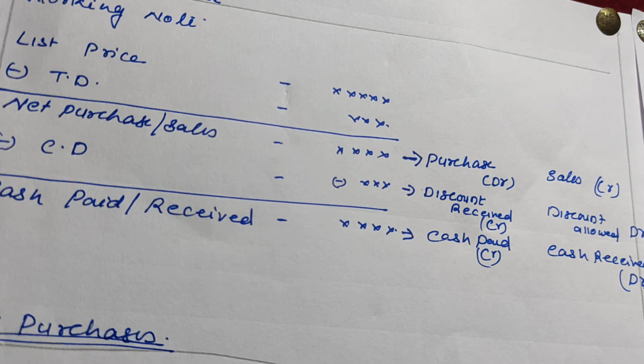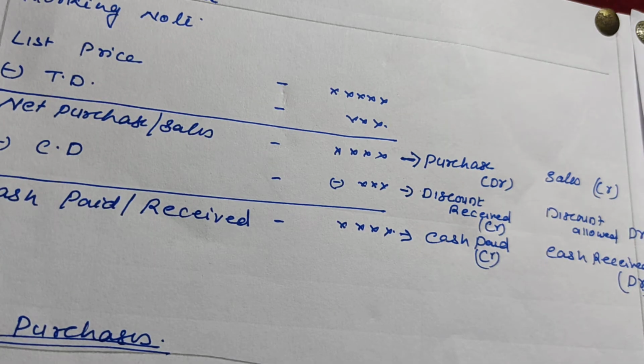Okay, this discount may be income to the firm when they are purchasing the goods, because when they are purchasing the goods, the firm will receive the discount. Okay, and it will be an expense for the firm when they are selling the goods, because at the time of sale discount will be allowed to the customer. Okay, so we have to do the journal entry of cash discount in the books of account.